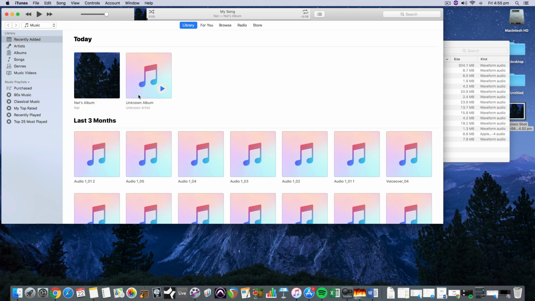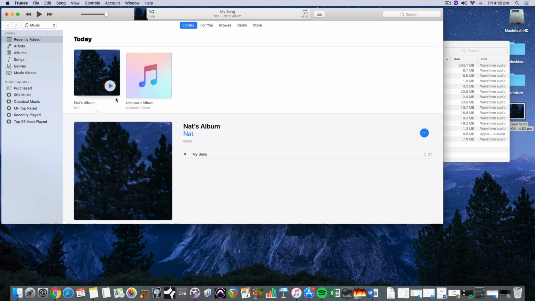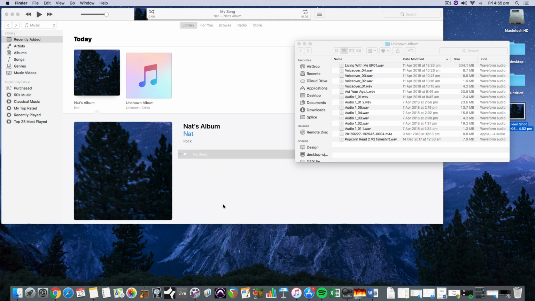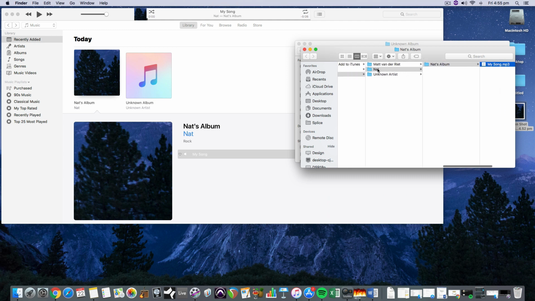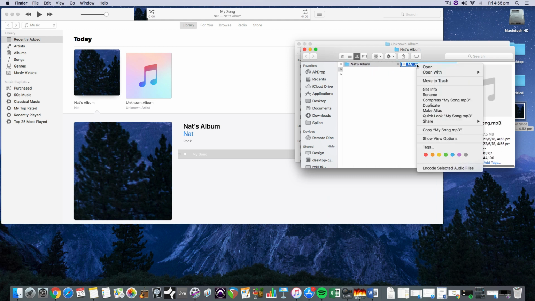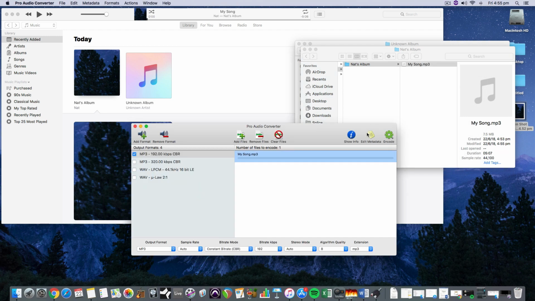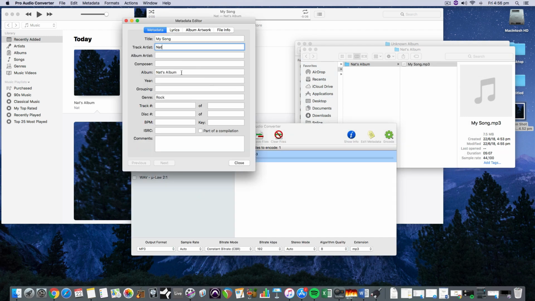It's really annoying to have millions of these unknown albums and unknown artists, but because that actually burns the metadata into the MP3 itself, if I reveal this in the Finder, I should be able to see it's now created within the iTunes library an artist profile, an album profile, and then if I right click on that and open it, I've got a program that I can see ID3 tag data here, and there we go, see that album, that information that I typed in iTunes has actually been burnt